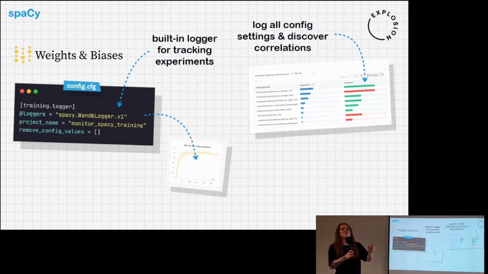So if you're hacking around with some new batching function and suddenly everything tanks, you'll actually be able to see that. You don't even have to decide, oh, I'm logging that specifically, because that's all stuff that's kind of subtle and hard to catch. Or maybe you have a bug in the way you're loading your examples and dividing them up. That's the real stuff that happens. That's much more likely than some hyperparameter that could be a bit different. And here with the config integration, you'll see, okay, suddenly if I'm loading my data like this, everything tanks and is super weird. And hopefully this can help find these types of mistakes that are actually quite common.